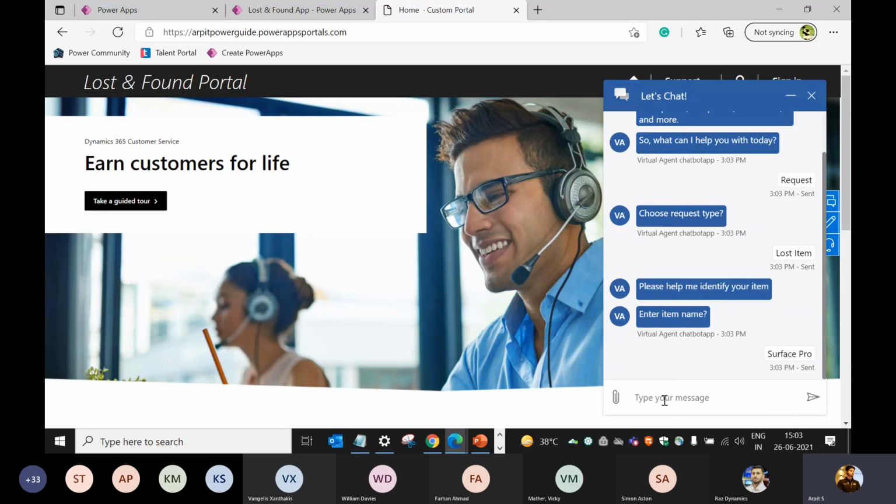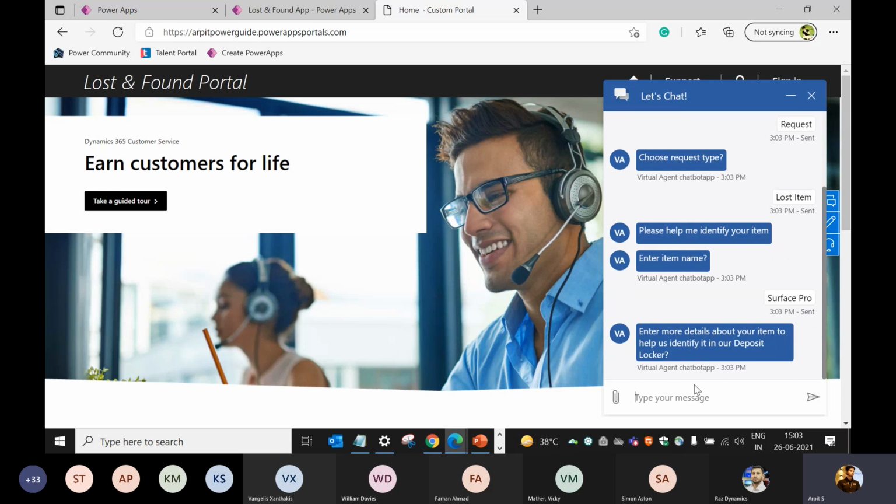Then it will ask me the questions about the description. Enter more details about your item to help us identify it in our deposit locker. So I will say that I lost Surface somewhere at reception.